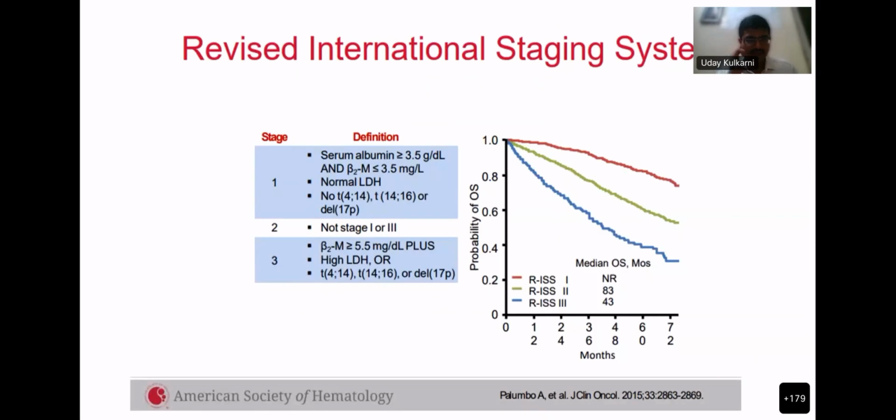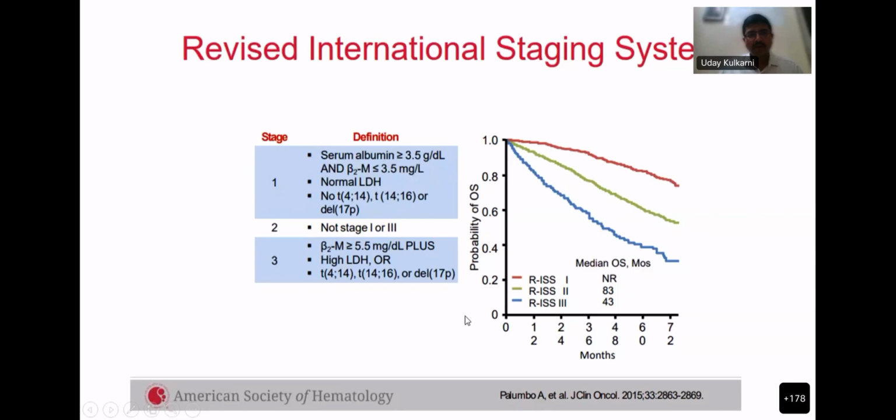So we went through the diagnostic criteria. So briefly through the prognostic stratification also. The revised international staging system is based on serum albumin, beta 2 microglobulin, LDH, and abnormalities detected on karyotyping or FISH. If you classify these patients as stage 1, essentially the serum albumin is more than or equal to 3.5 gram per deciliter, and the beta 2 microglobulin is less than 3.5 milligram per liter. They have a normal LDH, and they do not have any of these 3 high risk cytogenetic